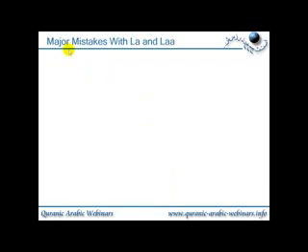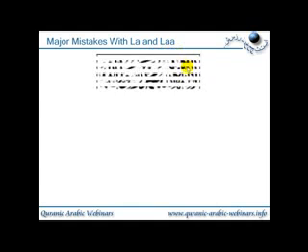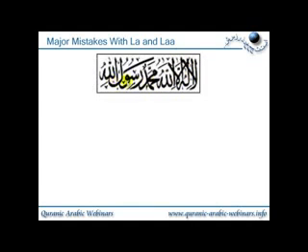So let's look at an example of this. This is known as major mistakes with la and laa. And we're going to look at your shahada. So this is the shahada. At the moment you won't be able to read it, but you'll understand the beginning of it when we say it. So when you first say the beginning of your shahada, you say la ilaha. So the first one is laa, which is two long. Now down the bottom here I've written the lam with the fathah, which gives a vowel sound of one